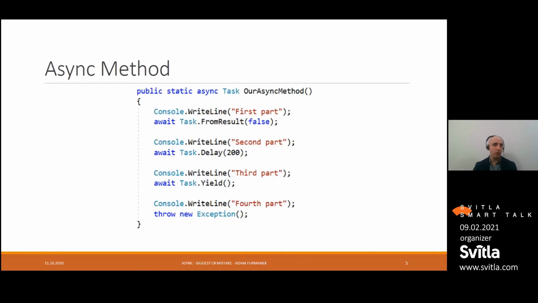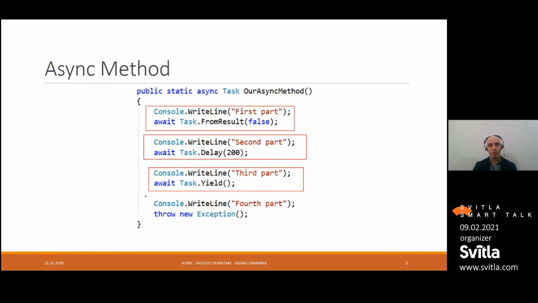So I won't be going through this today. I just want to give you some intuition how expensive the asynchronous method may be. So when we start with a method like this, in which we can see that we just have 4 different logical parts separated with await keywords,